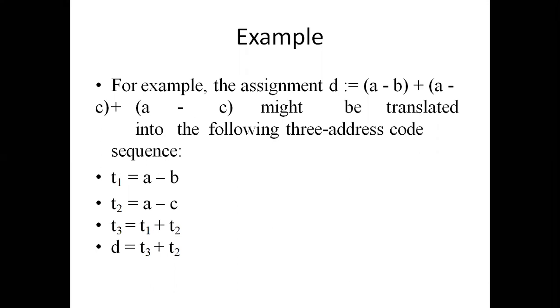And here we have some fields for the address descriptors. I already explained what the address descriptor is: it stores the location where the current value of the name can be found at runtime, isn't it? The address descriptor consists of mainly three fields. The first field is an attribute, the second field is an addressing mode, and the third field is either a storage location or a register location, right?